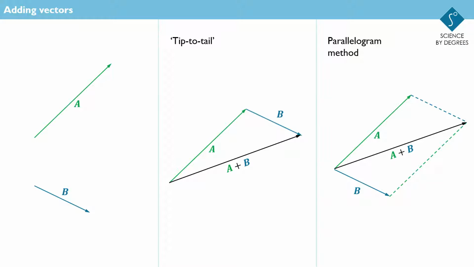Next, let's ask what are the possible magnitudes of the vector sum A plus B. At first sight, this may sound like an odd question. After all, adding two scalars has only one answer. For example, 2 kilograms plus 1 kilogram is 3 kilograms. But when the directions of quantities being added can vary, that is, we're adding vectors, then the sum can take